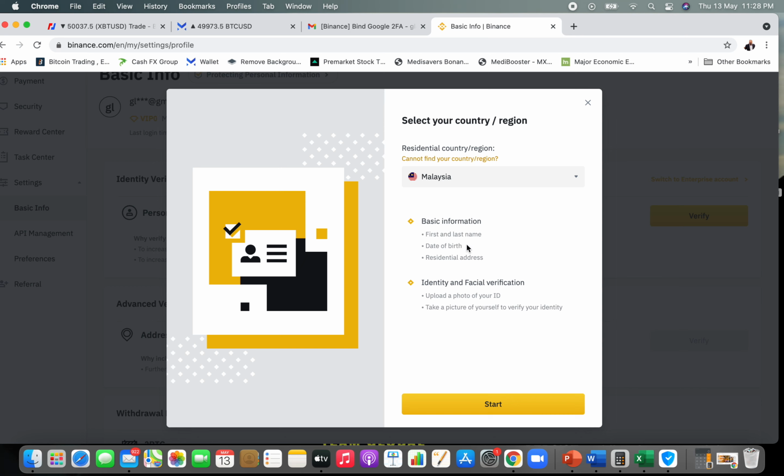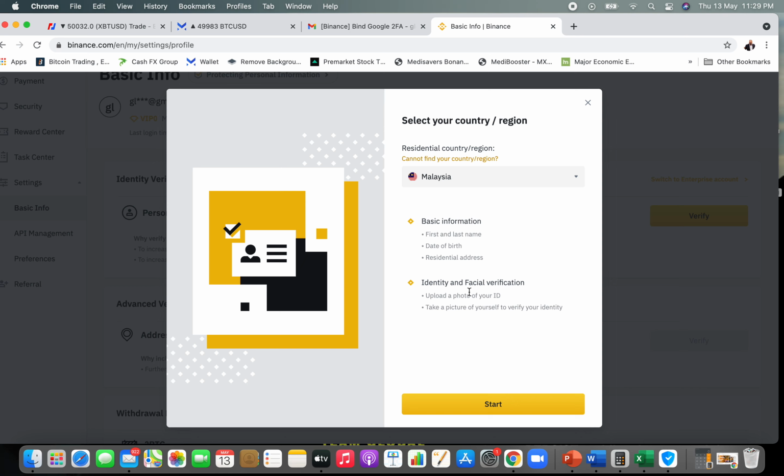Make sure you follow exactly as the document that you want to use. If you want to use a passport, make sure you follow exactly as the passport name, last name, date of birth, residential address. If you are using your national ID, make sure you follow exactly as the national ID.